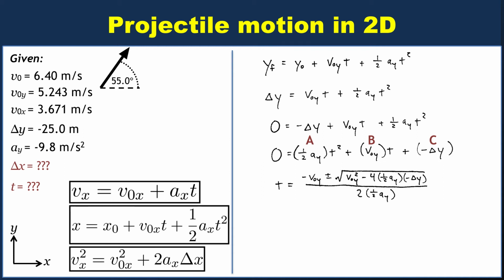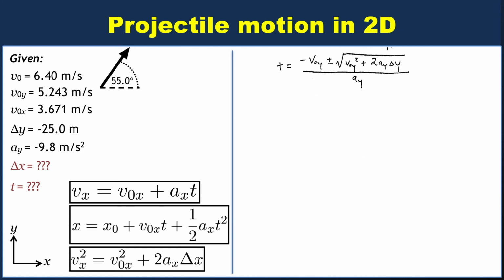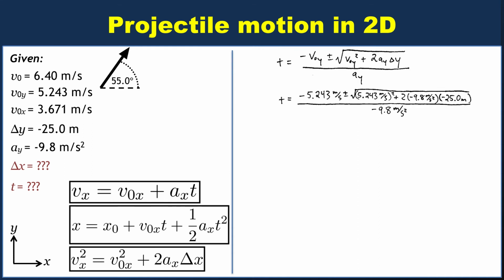We can simplify things a little bit, going down to the next line, and now you're going to see that it's actually tough to tell whether we should choose the plus or minus solution until we actually put in numerical values, because we don't know what's negative or positive until we put in those numbers. So let's do that now. We put in our numbers for the initial y velocity, the acceleration in the y direction, the y displacement. We do all of that, and now we can simplify things even further. So now it's minus 5.243 plus or minus 22.748 meters per second, that whole quantity divided by negative 9.8 meters